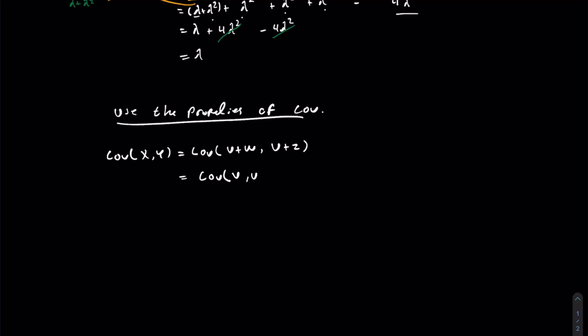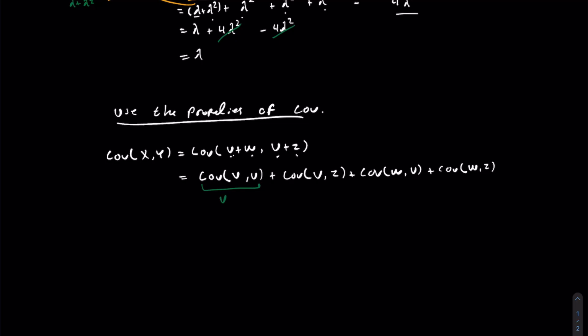So that's the covariance of v, so that's that one, plus the covariance of w and z, sorry, v and z, plus now w and v, plus w and z, right? And the covariance term here,